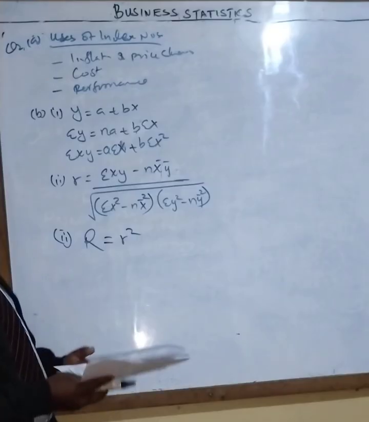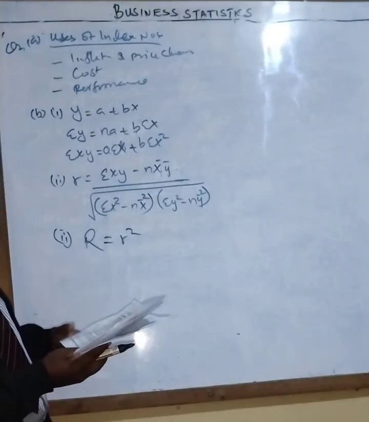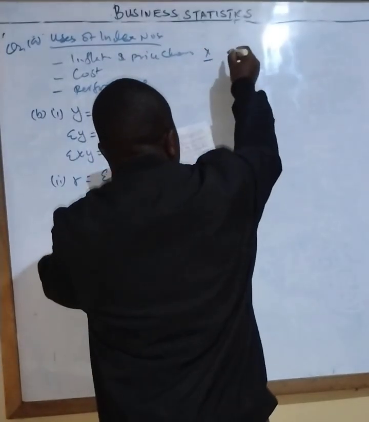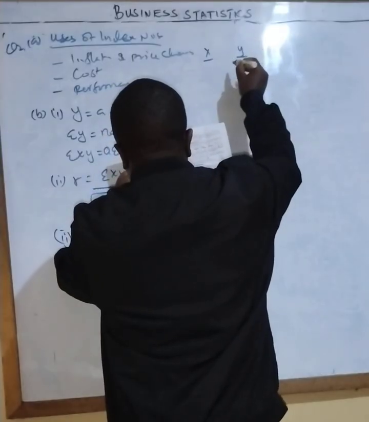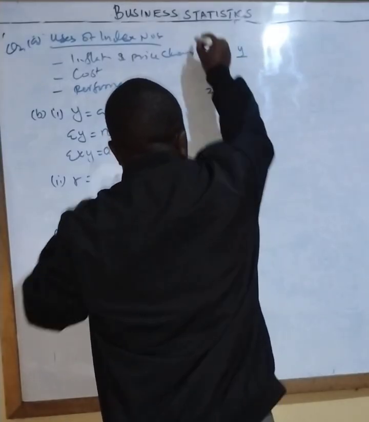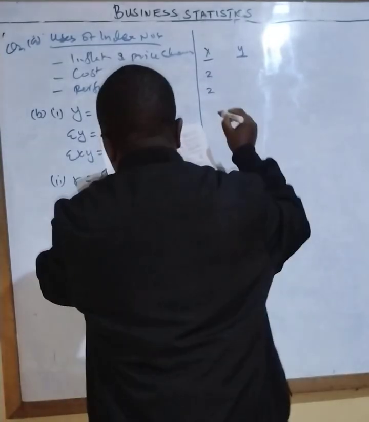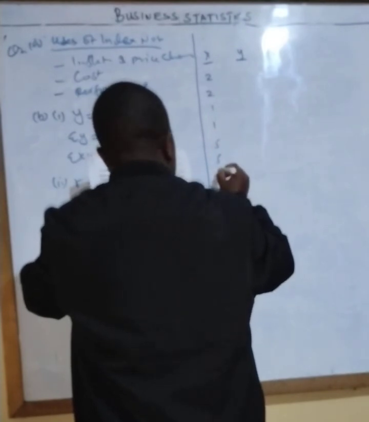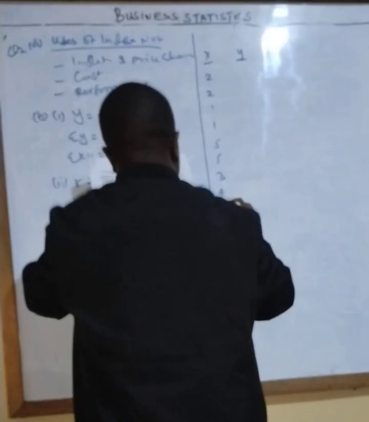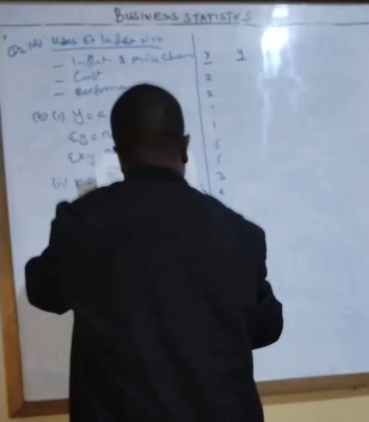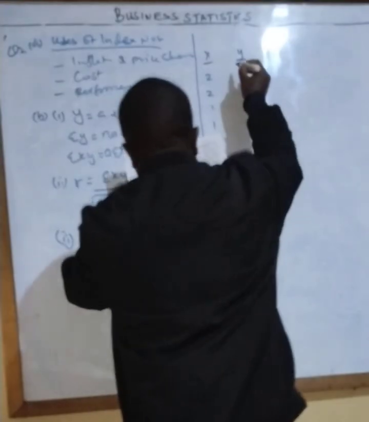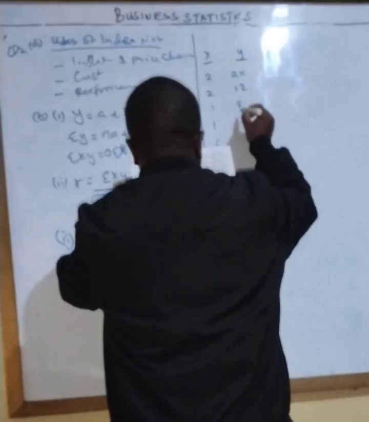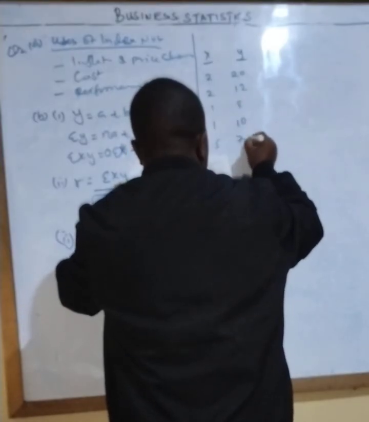We have been asked to calculate, so let's now generate the table based on what we have. At the moment, experience is put as X, then Y is also given. For X we have been given 2, 2, 2, 2, 1, 1, 5, 5, 3, 4, 4, 3, 8, and 10. Then Y we have been given as 20, 12, 8, 10, 70, 60,